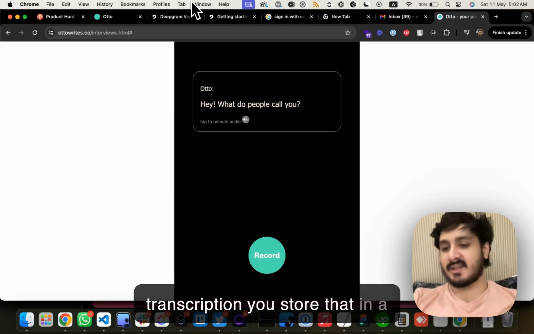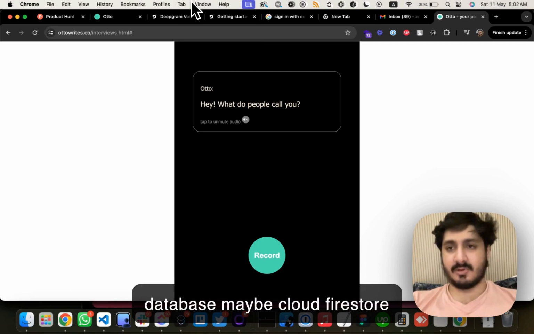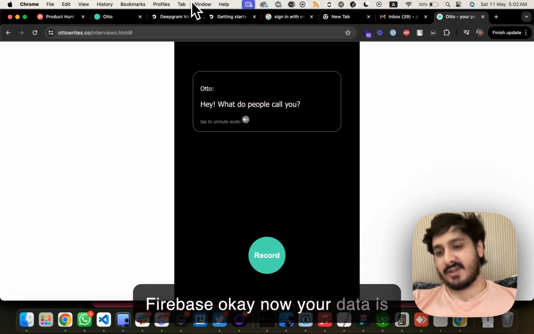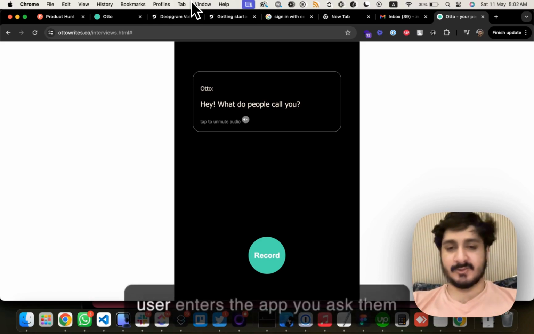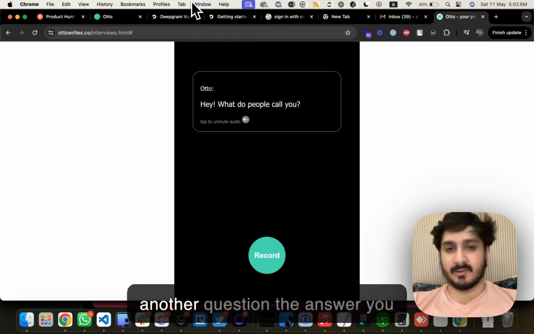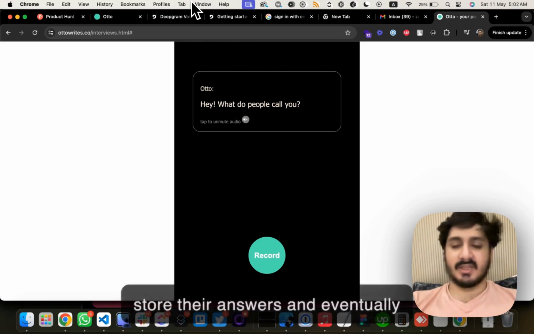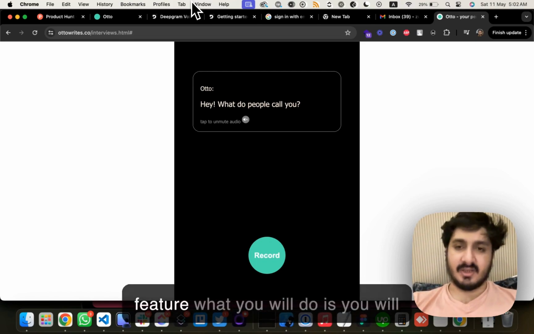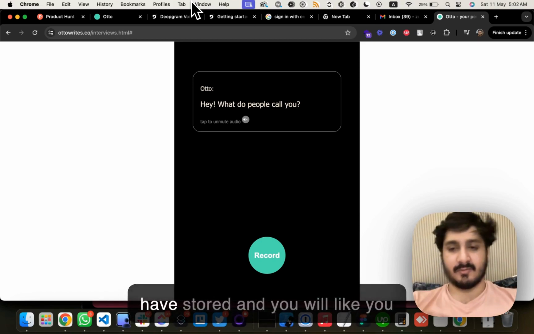You store that in a collection, in a database, maybe Cloud Firestore, because we are working with Firebase. Okay, now your data is saved. The next day your notification is executed, or your user enters the app, you ask them another question, they answer, you store their answers, and eventually at the end of the day, maybe they have some export type feature. What you will do is read all the documents that you have stored, and you will